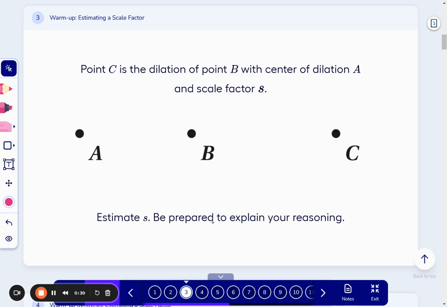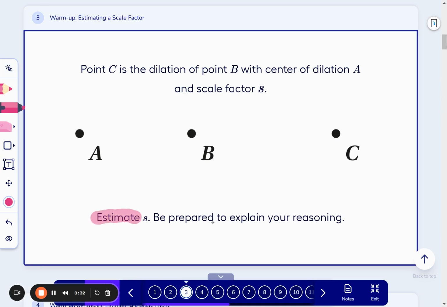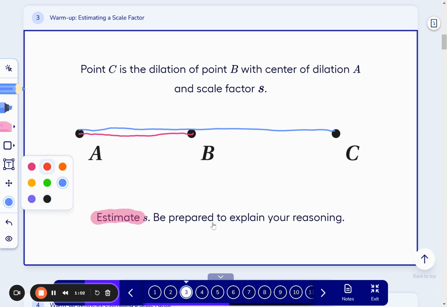We want to estimate S here. We're only estimating it, so we don't have to be exact. But we do want to measure from here out to here, and then from here out to the same point. The only thing I'd be doing is looking at this and going, oh, that looks to be a little more than twice as long. So maybe my estimation for my scale factor